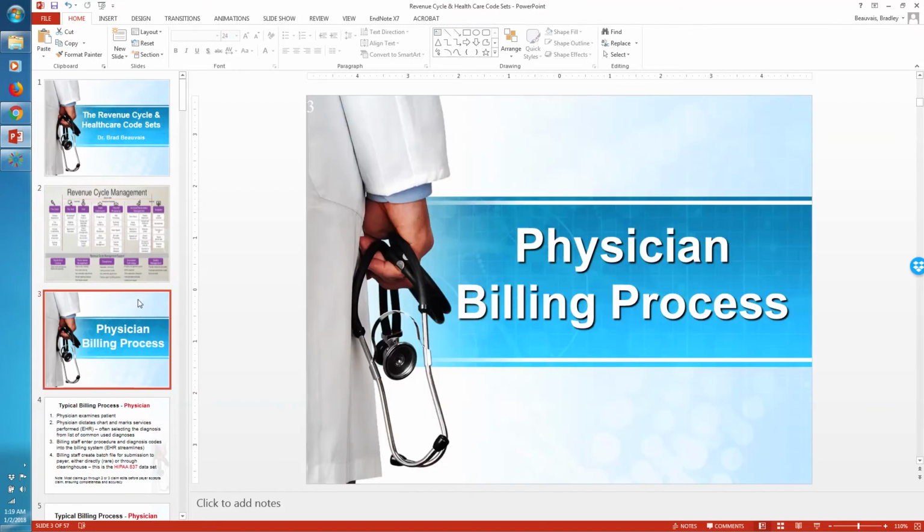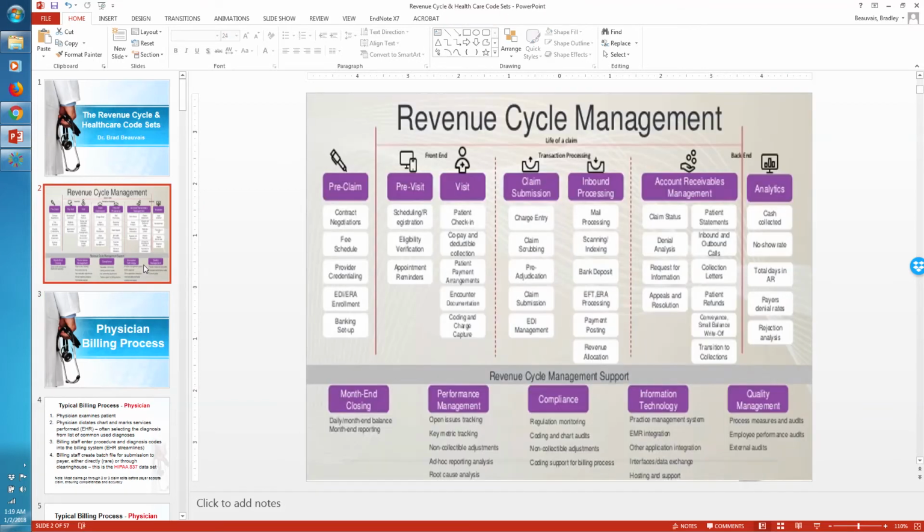So, again, probably the most beneficial slide or graphic that I've come across that can show the entire revenue cycle, really from start to finish, and well beyond just the life of the claim. So the rest of the slides within this short section deal with both the physician and the hospital billing process. And a lot of that, frankly, is somewhat similar here, but there are some different nuances and different